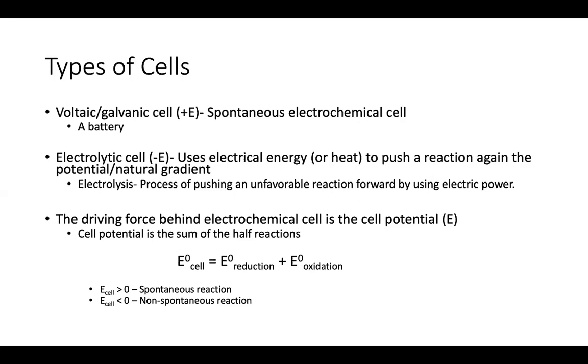Okay, and these require or use electrical or heat energy to push a reaction against the gradient, right? It's unfavorable, so it needs an input of energy to be favorable or to occur. Okay, and the process of this is called electrolysis, right? The process of pushing an unfavorable reaction forward by using electrical power. So an example of a voltaic and galvanic cell would be a battery, right? It has a cathode and anode that go along its natural gradient to produce electrical power,